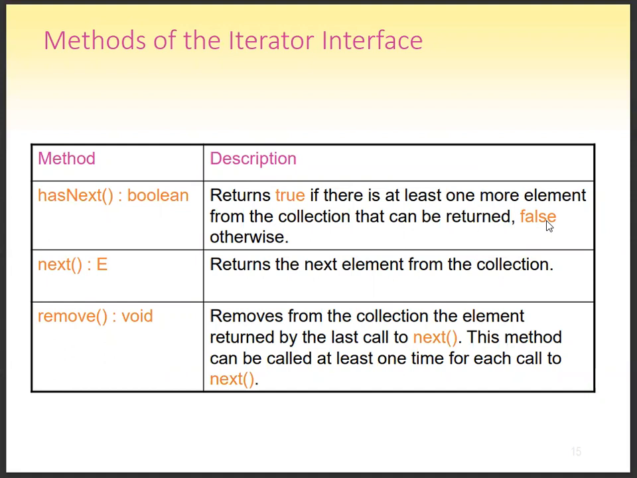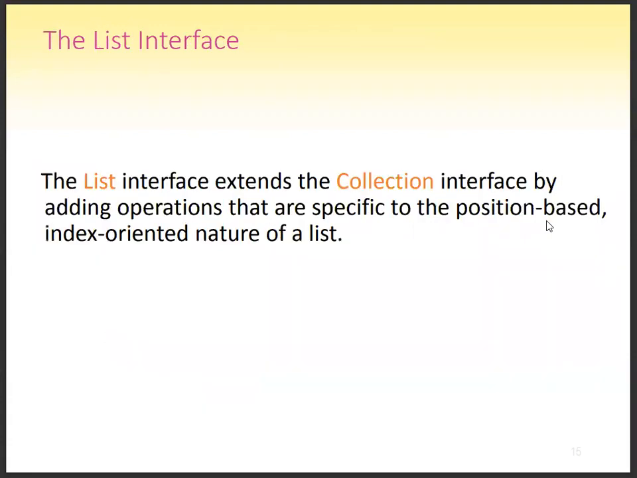Okay, next returns the next element from the collection. Remove removes from the collection the element returned by the last call to next. It means that the last entered element is removed with the help of remove. Okay, this method can be called at most one time for each call to next. Okay, so now the next is the List interface. So the list is nothing but it is just like